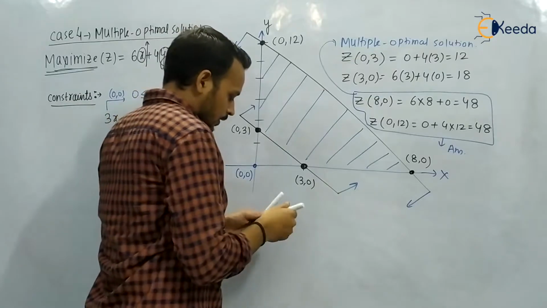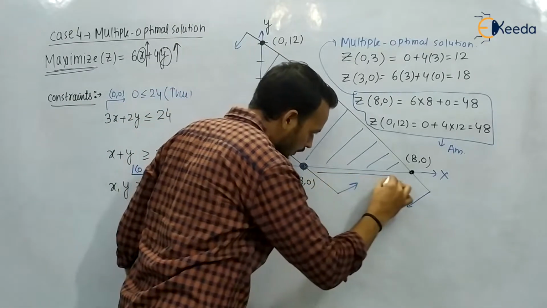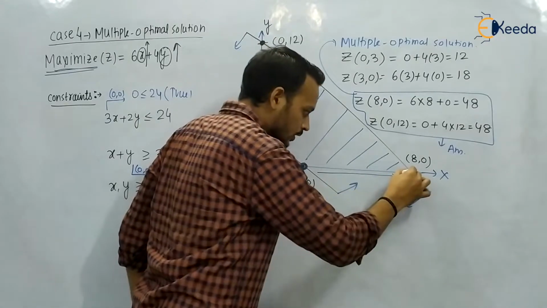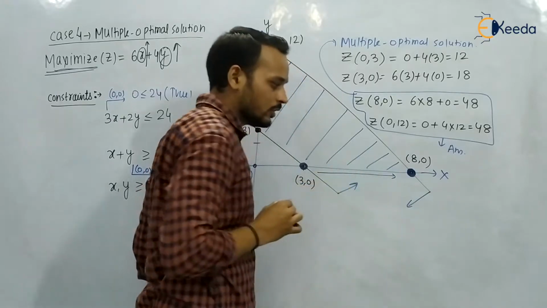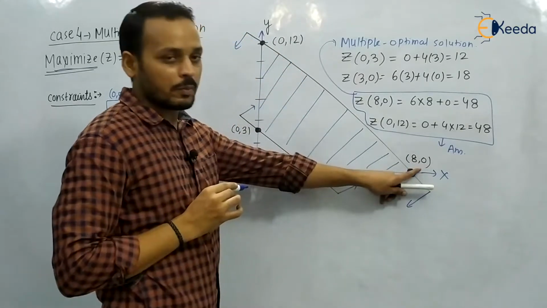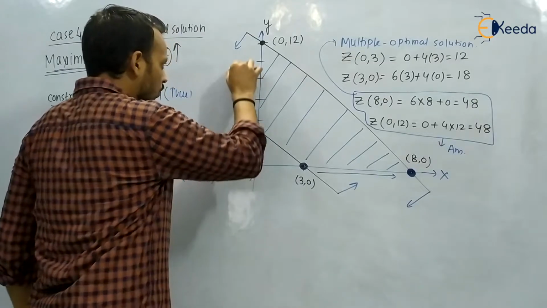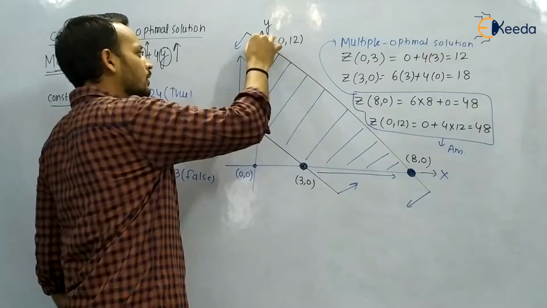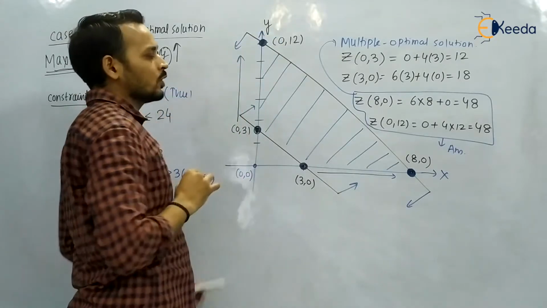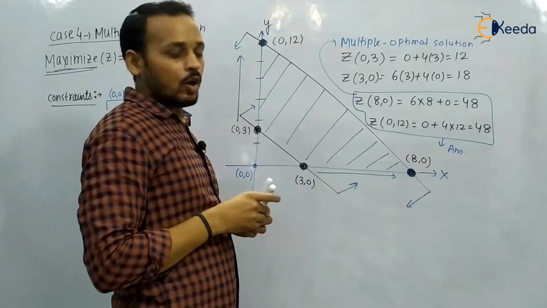You can see that if we are here, then for increasing the value of x, we will go to this point. So this is the last boundary, the last boundary of the feasible region. One of the corner points was this one, so here we are going to get the maximum. And if you are here, then for increasing the value of y, you will move in this direction. The last corner point is this one, so here also you will get the optimal. It means that at more than one corner point, we are going to get an optimal solution.